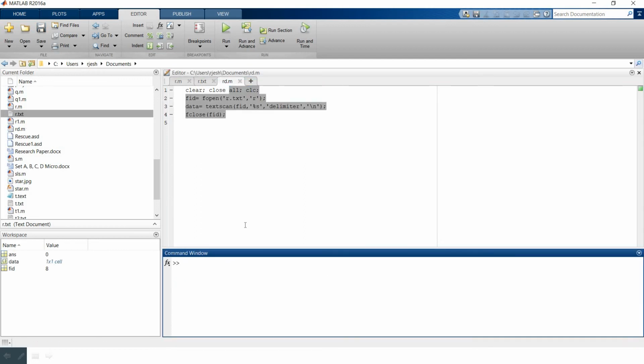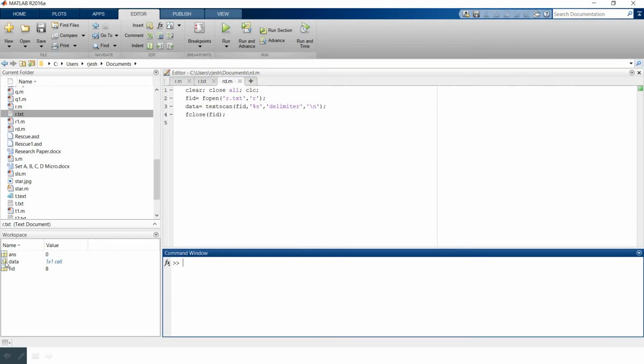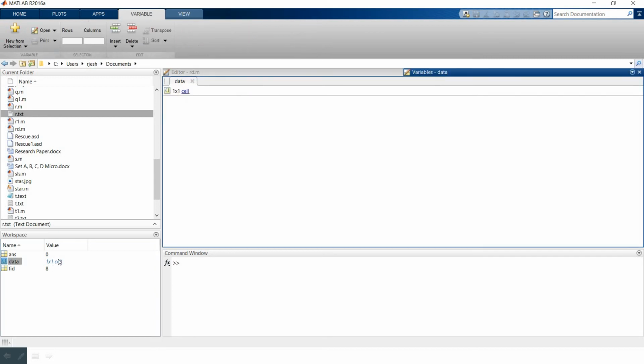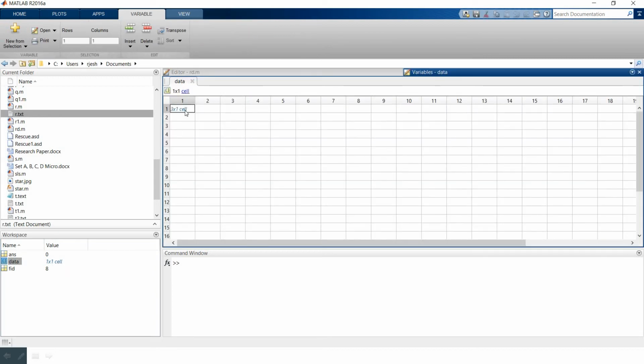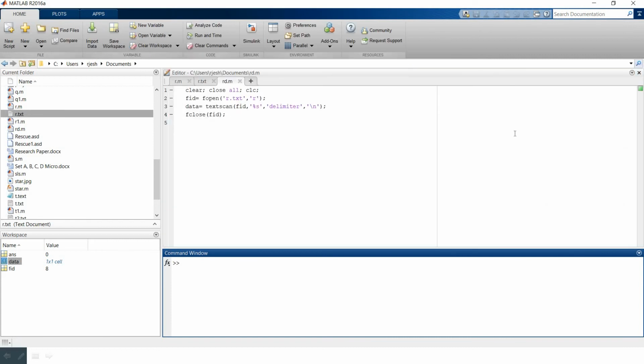So after implementing this, we have created an array of data. You can observe a 3x1 cell is created. You can very well call this out using a command.